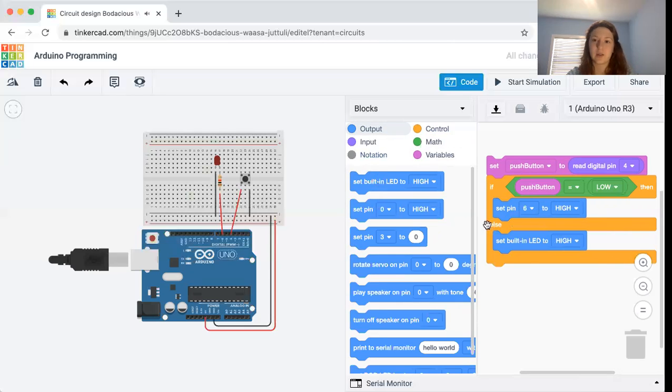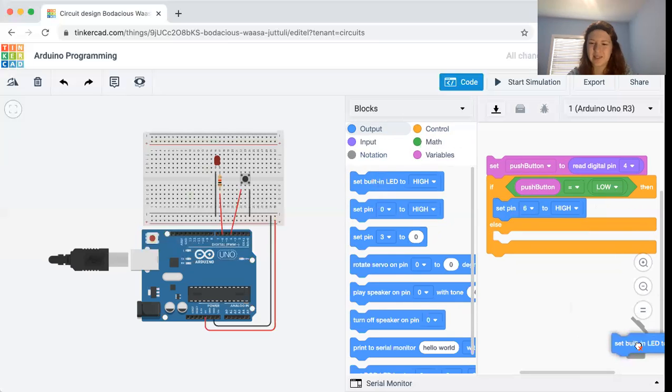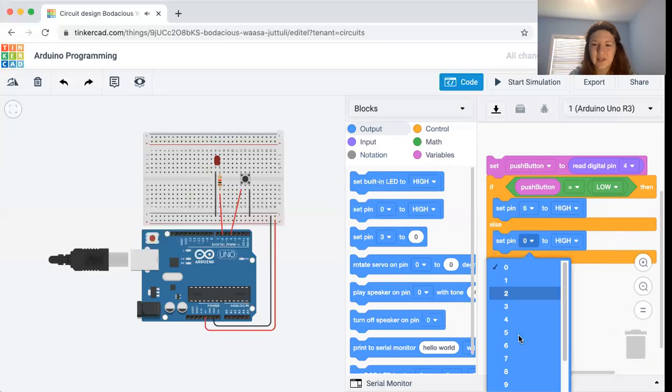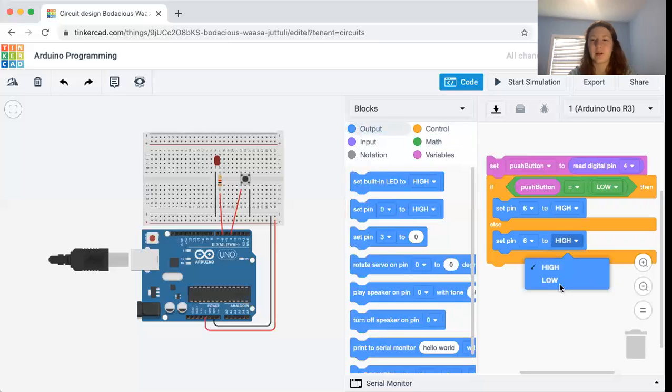Otherwise, so else, so if our push button is not pushed down, then we want, oh, see, I made the same mistake here. I said the built-in LED, but we want to actually set our pin. So set pin 6. We want to set it to low, so our LED will be turned off. Now, if we run this,